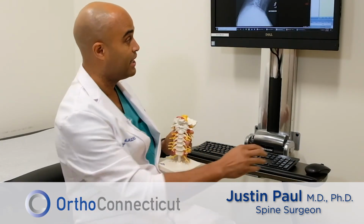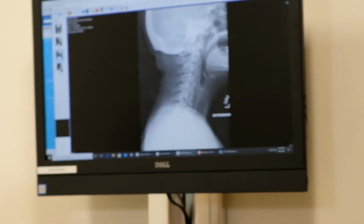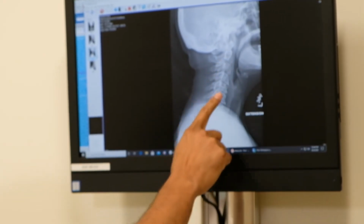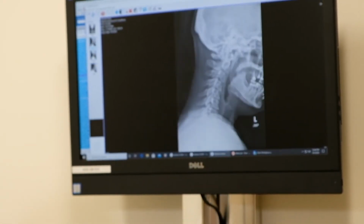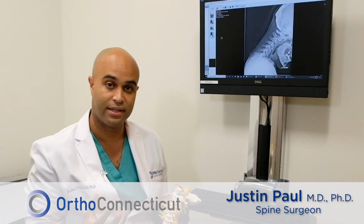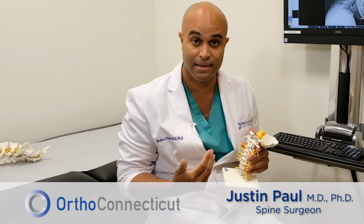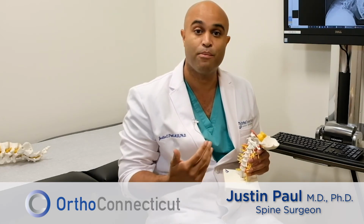moment in time. If you look at these x-rays, this is the neck in one place when you're bending your head that way. And then when you bend your neck forward, you see the difference in the curvature? All those little discs allow you to have motion. And it's best, I think, to preserve that motion and make your body the same way that it was before